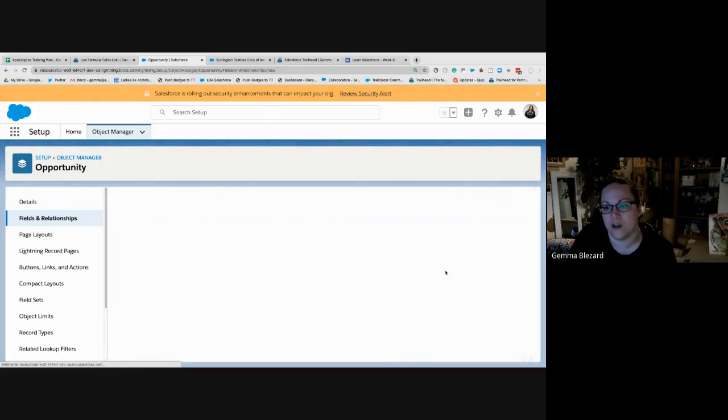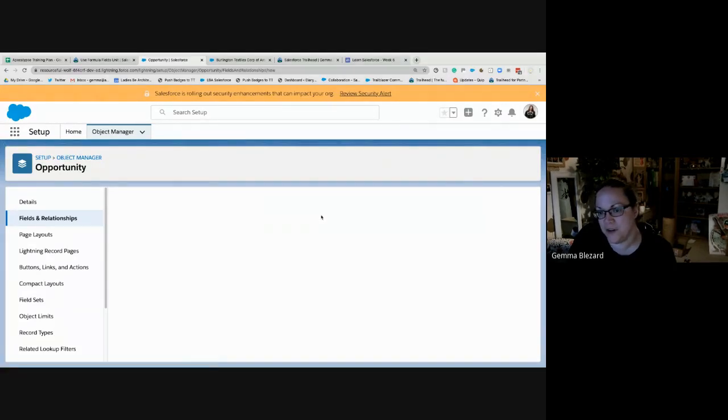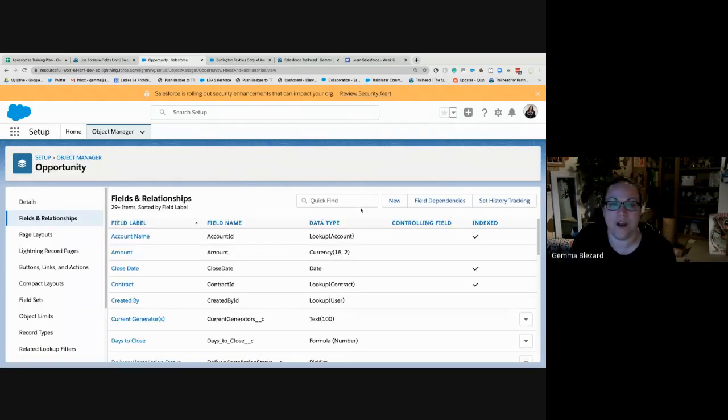And this is discounting off the whole opportunity amount. If you work with products, then you may need to consider how you do your discount. You need to consider what you're going to allow to be discounted. Because if you're selling a deal that is bundled up, let's say you sell software, but you don't just sell software, you sell services as well, and you've decided to give this customer a discount on services, but not on